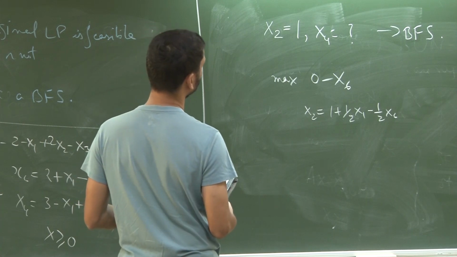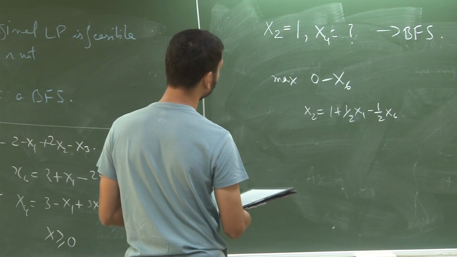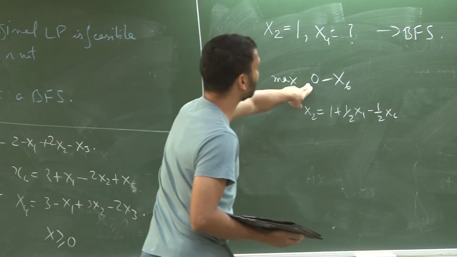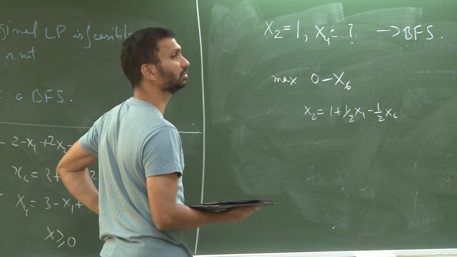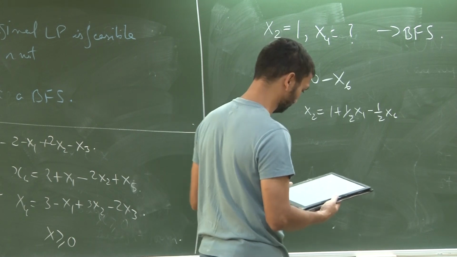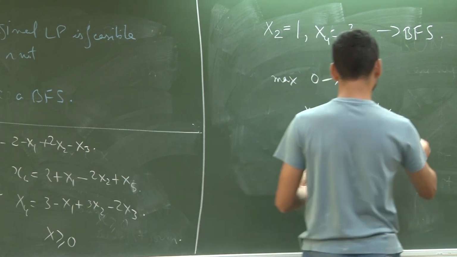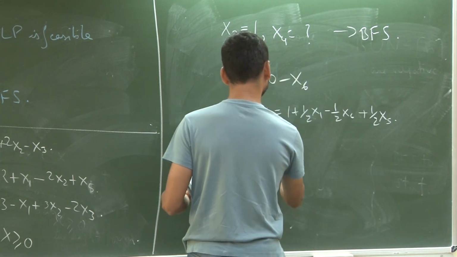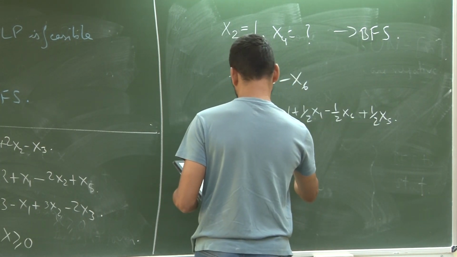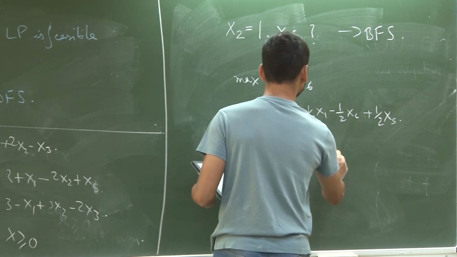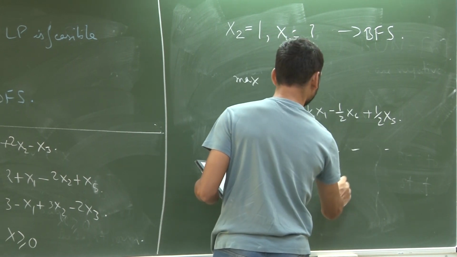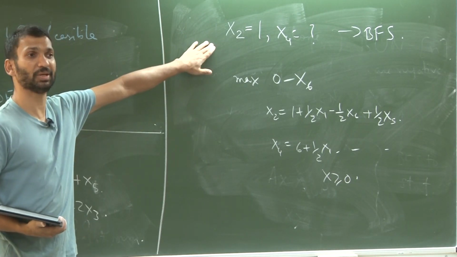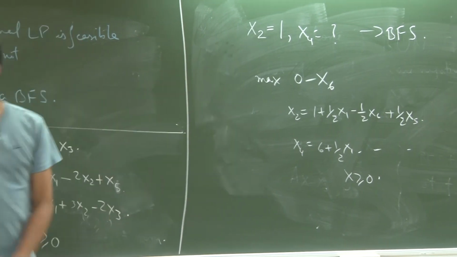Oh, if you go back to 0, x is again... Right, right. Or you are saying that this objective function has to match that objective function. Then it has to be x6. Okay. Actually, why am I writing this? Yeah. Right? So now I have a basic feasible solution to start